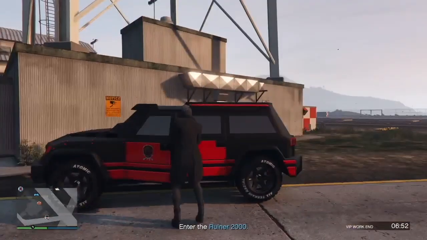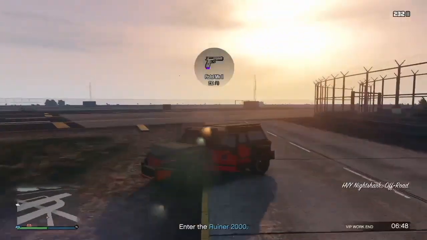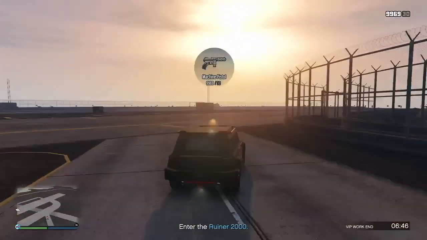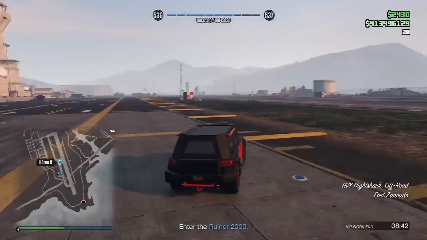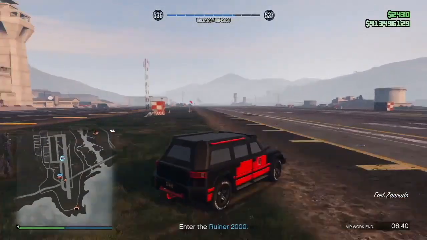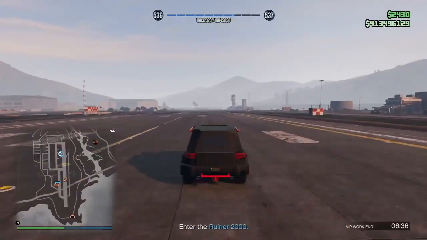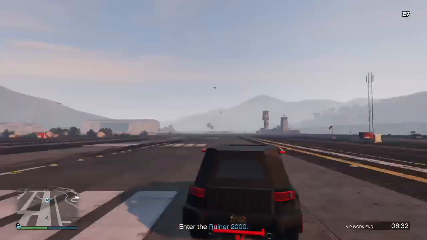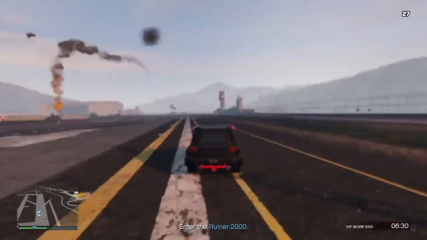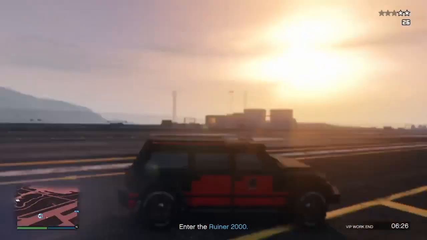Up next is my personal favorite, the Nightshark, aka the best counter against Oppressor Mk2s in free mode, because of how much armor it has and the fact that it can sticky bomb Mark IIs and all that other stuff. The only thing this thing does not have is a Monitech, but considering that it has shitloads of armor, basically it takes like 27 homing rockets to blow up,